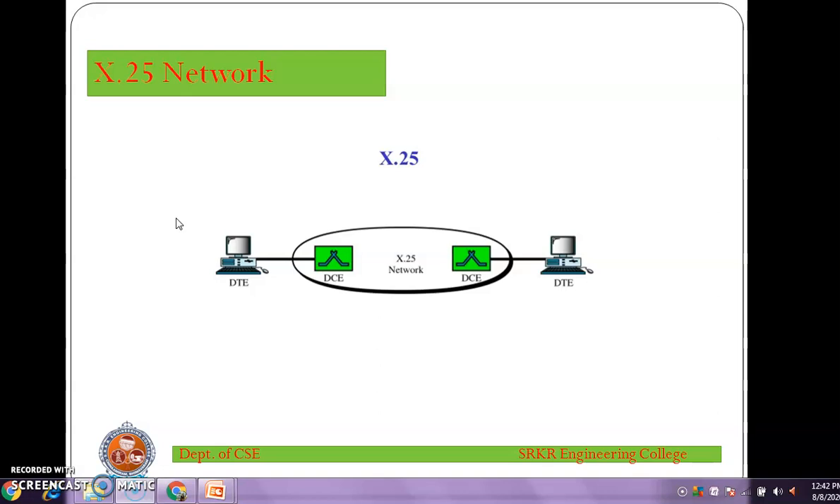Here we have different components. One is DTE and the other is DCE. DTE is data terminal equipment, and DCE is data circuit terminating equipment. X.25 is a subscriber network interface protocol. It defines how data terminal equipment, DTE, communicates with the network to send packets over it using data circuit terminating equipment. It uses a virtual circuit approach to packet switching, either